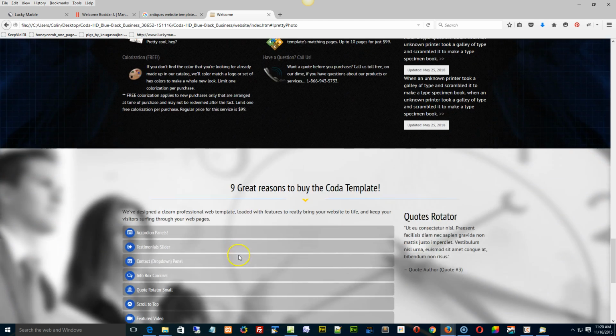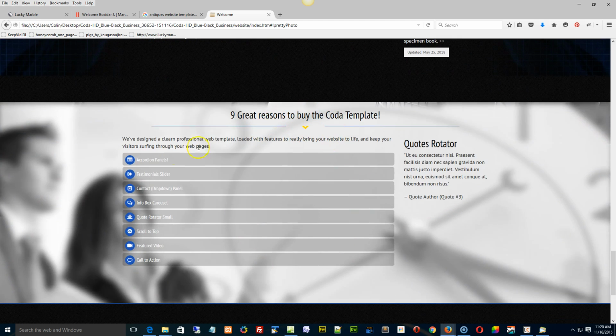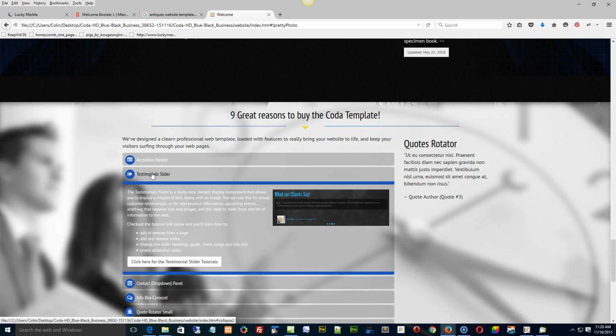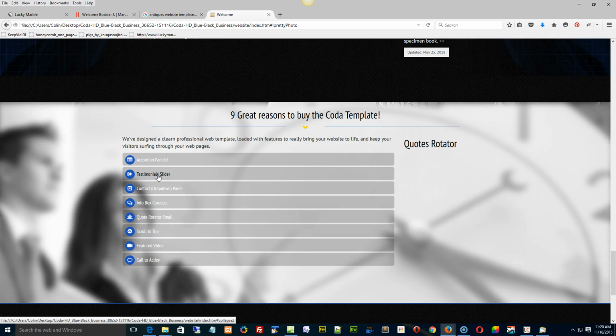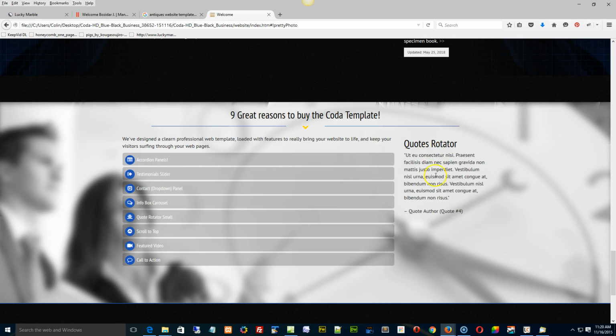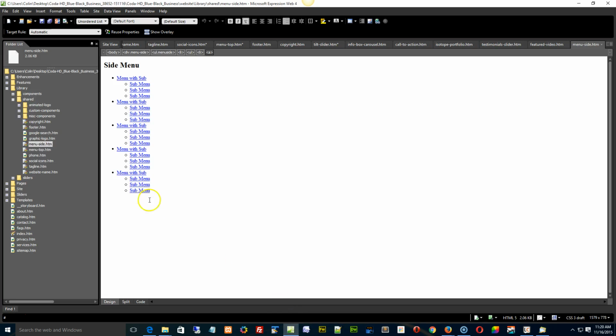And after that, we get into the accordion panel. And the accordion panel, once again, because it has hidden areas in here, a little bit easier to edit while it's in a library page. Same with the quotes rotator over here. So I'll just show you what those two things are. So we have in our components, we have the